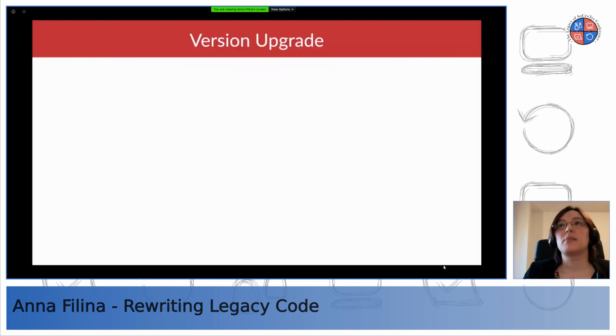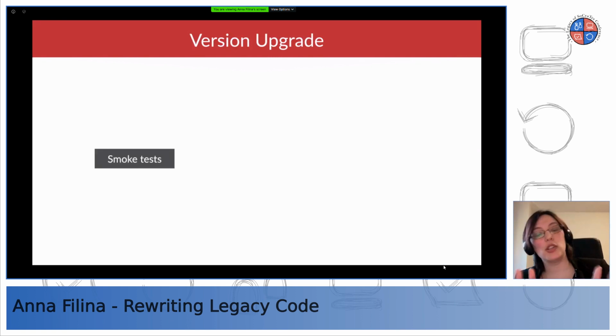Now, regarding testing approaches that I promised you, for a version upgrade, this is just what I do. This is not necessarily what you should do in every scenario, but this is how I usually approach it. For a version upgrade, I start with small tests.